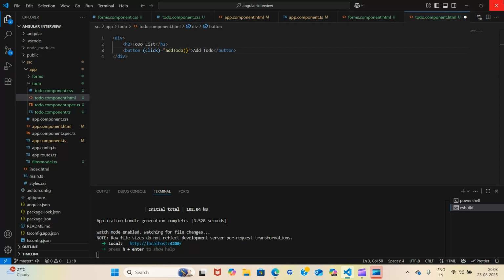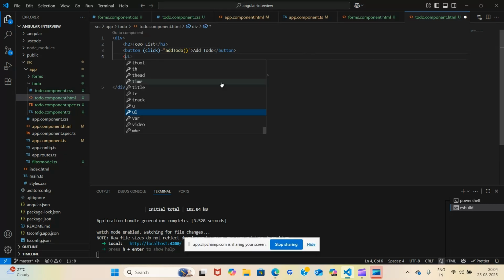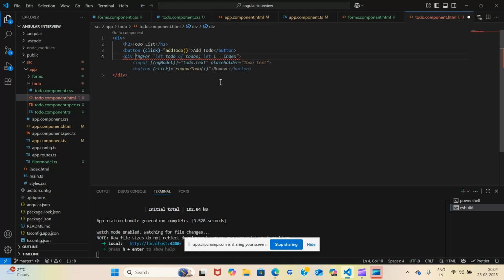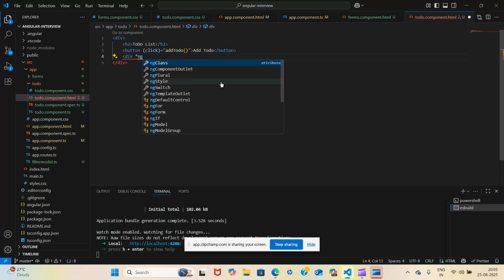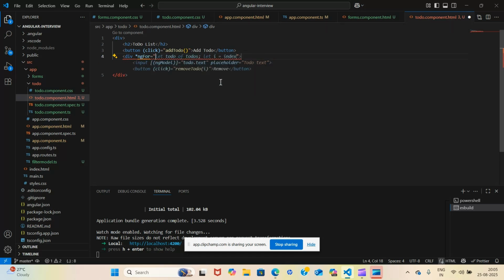And if something is added, as I told you, the button is created, but now I want to display it, right? And it's an array, so I need to iterate it. So let's iterate it. First of all, use ngFor. Now let task of todos.